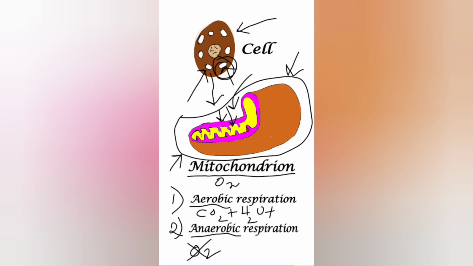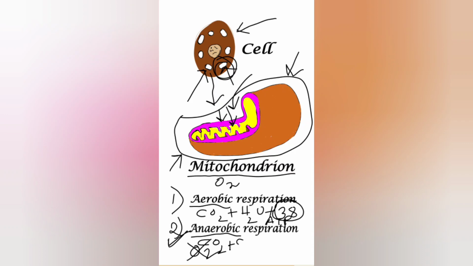How many? 38 ATP. Why did I mention this number 38? It's important because we will see in the second case, it will not be 38, it will be much lesser. In anaerobic respiration, what will be the product? The product will be again carbon dioxide, no water,